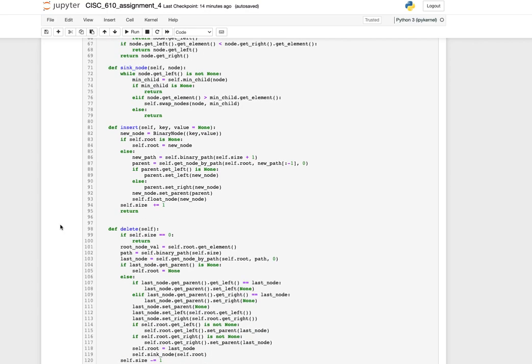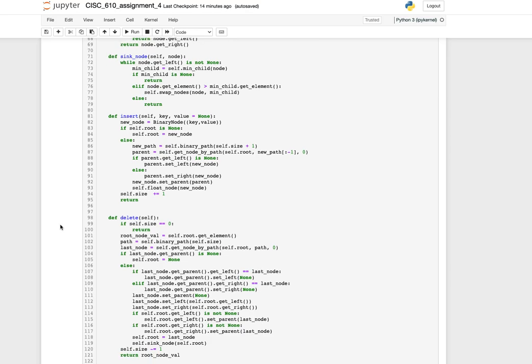So here, we have the insert function. We first check if the heap is empty. If it's empty, it will just be the new node itself. If not, first we will have to know the path to the